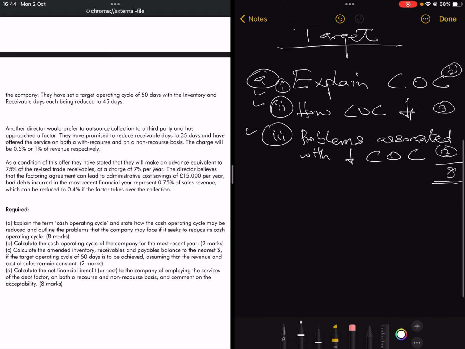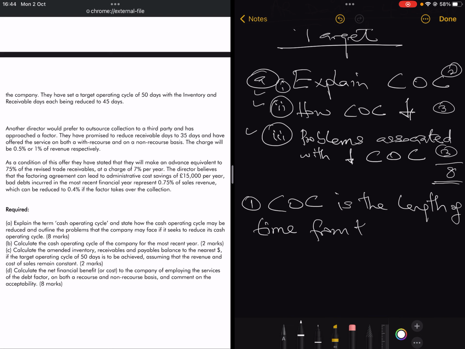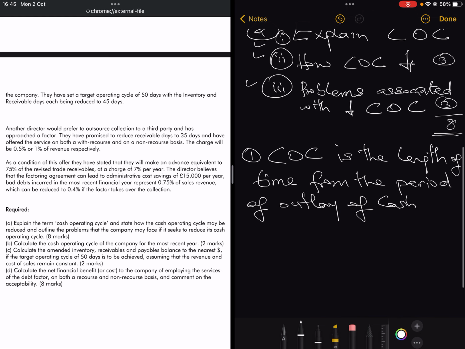So now let's deal with the first part of the question. What is cash operating cycle? We said cash operating cycle. In my previous lecture, I covered this. And I said cash operating cycle is the length of time from the period of outlay of cash as a result of purchase